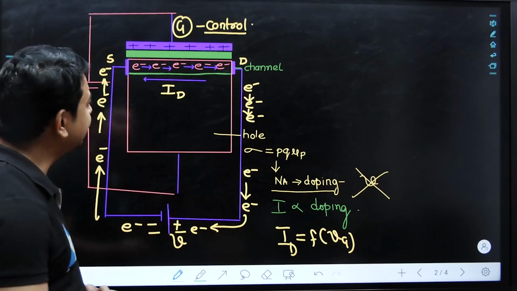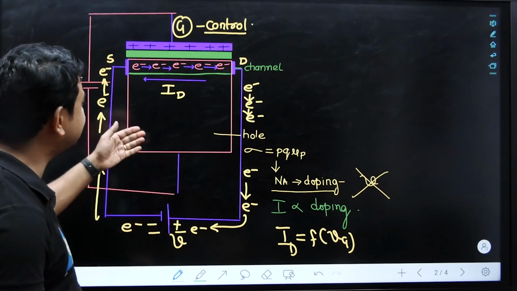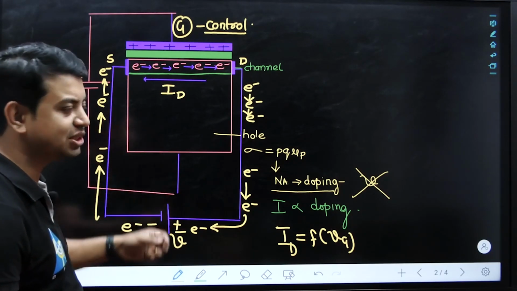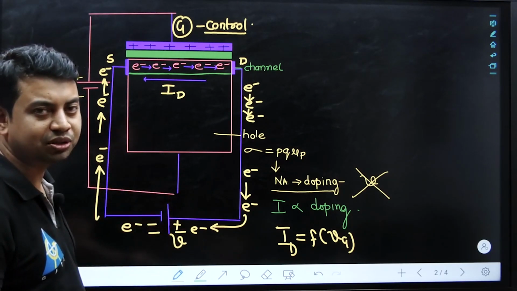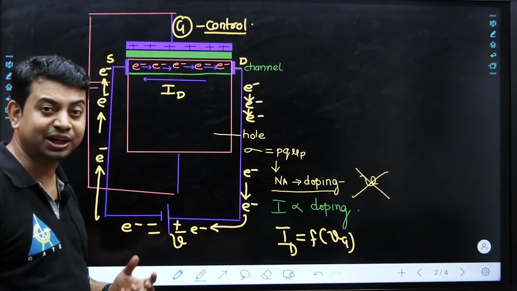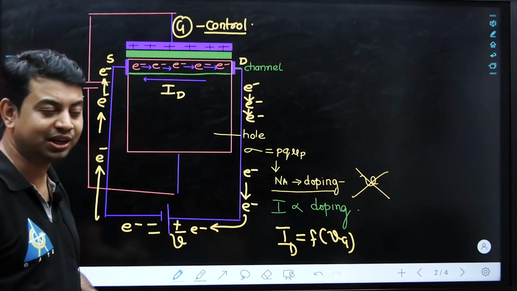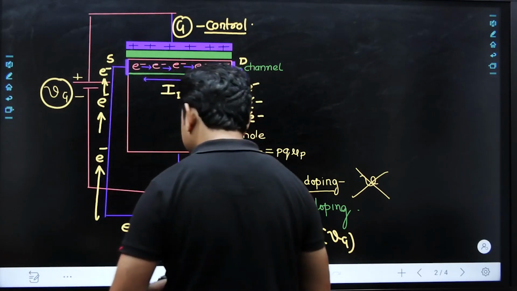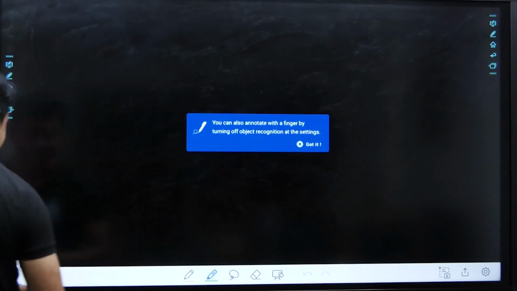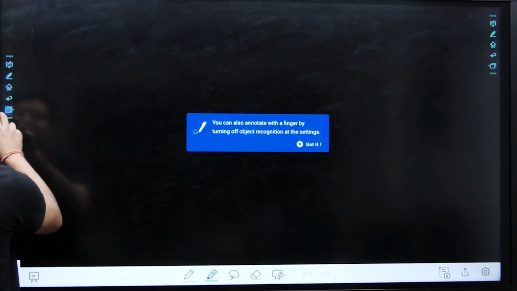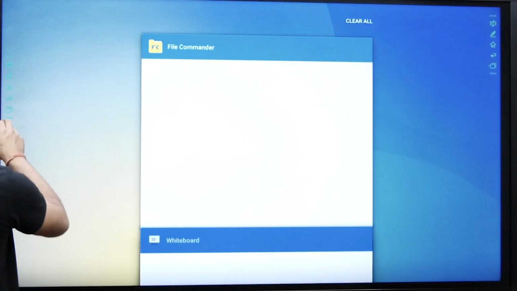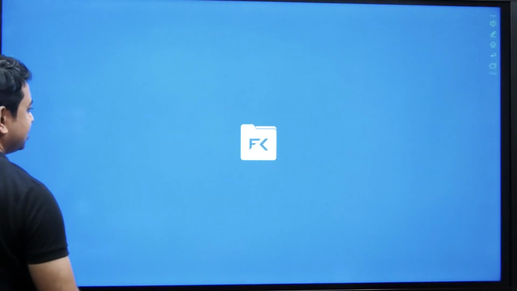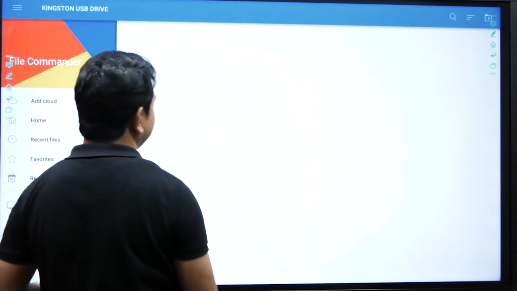But actually we don't have any circuit with a metal oxide semiconductor which looks like this one. So we have a heavily concentrated source side and a heavily concentrated drain side, but we don't have this particular diagram. The reason why we don't have this particular diagram can be analyzed by using a proper diagram. I have a practical analysis for you, and I will give you the idea for this one.